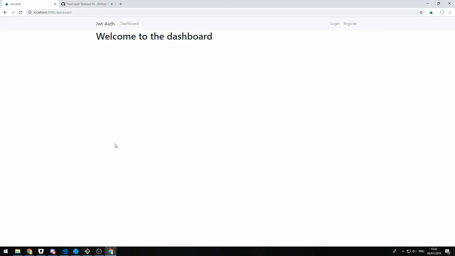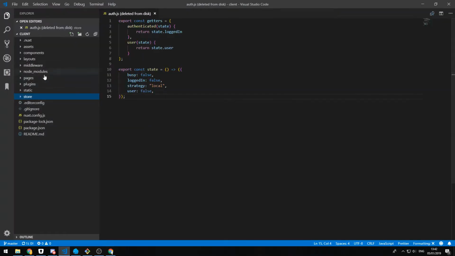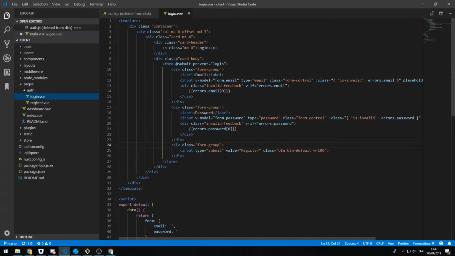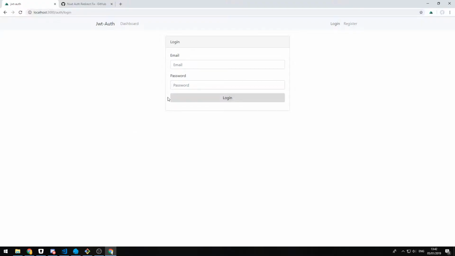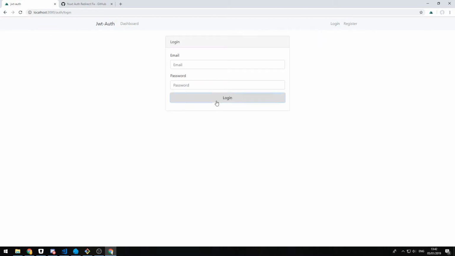Today we'll just finish up the project with some small fixes and additions. But first of all, I'm just gonna change over this register to login. So I'm gonna go to pages, auth, login, change this over to login. And I wanna do another fix for an issue I had earlier on. This issue where you click login, but it just redirects you off to the home page